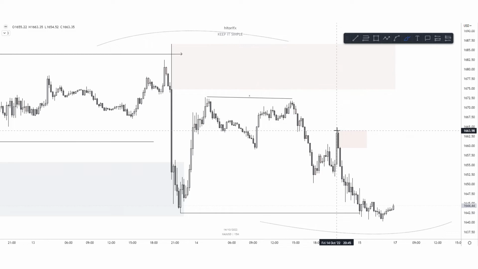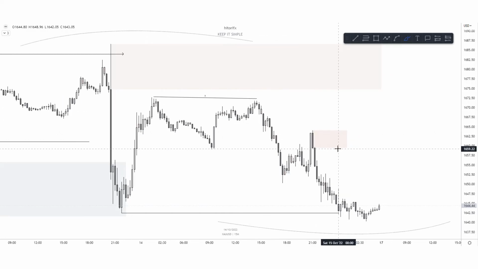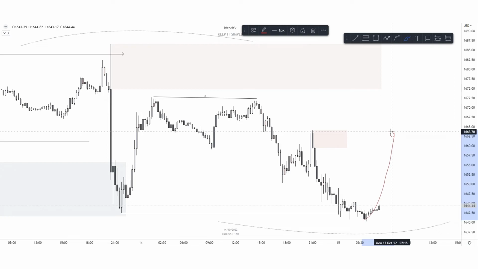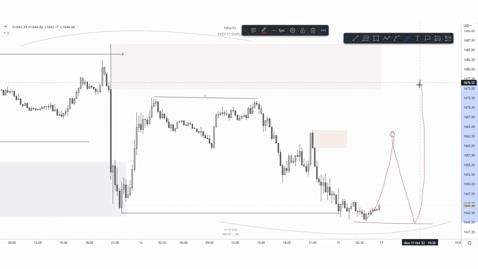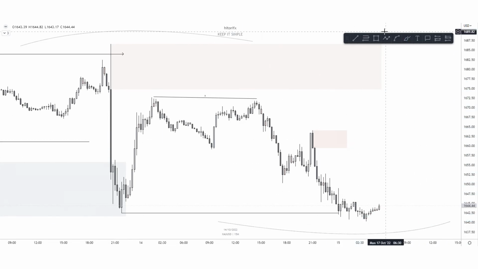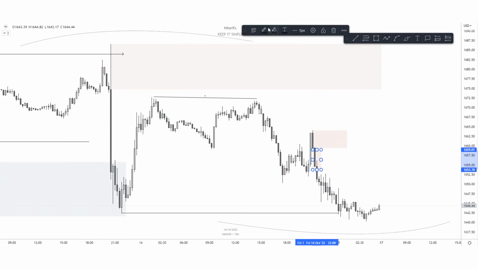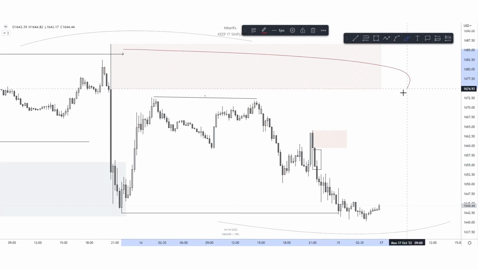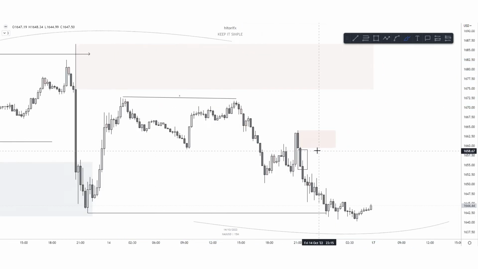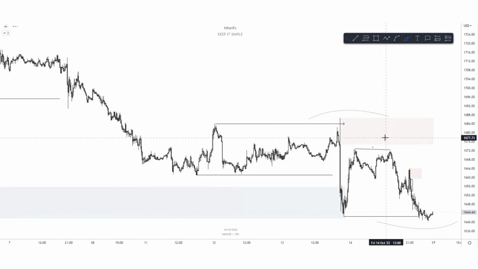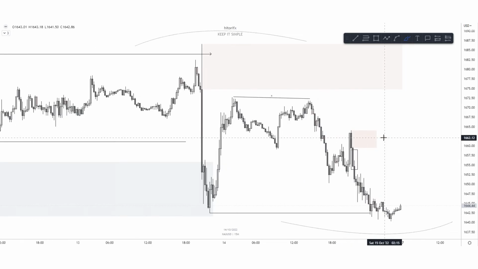This does stand out to me as pretty obvious, so we could of course get a reaction to go down to take this out and then go high again. So you could look to sell from here. Only issue is that it's right below all of these zones right here, and it also isn't really that important. It's just a random candle, I'd say. So yeah, essentially that's what I'm looking for on gold. Just a really simple outlook, not trying to over forecast too much, just the general picture and zones to look at.